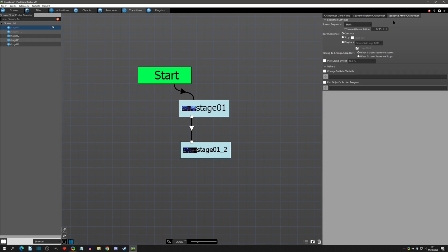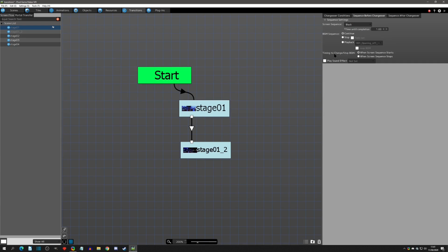Now, the last thing is that on the after changeover, this timing right here is dependent as well on when it starts and stops. So you have this option too on the after changeover. All right, so now let's go over to the before changeover, this last option here, which is to play a